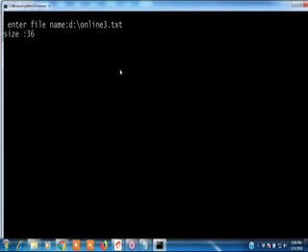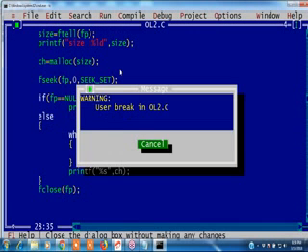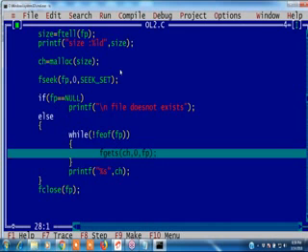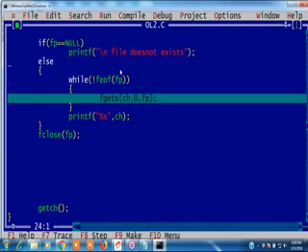An infinite loop is coming, that's why it is not coming outside. Alt, control, press break. How to stop an infinite loop? Control, press break. What happened? This one by one. See, fgets also we can use.